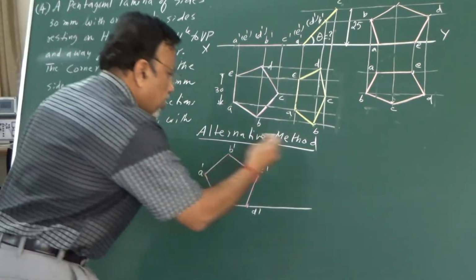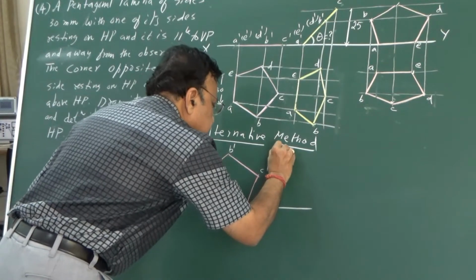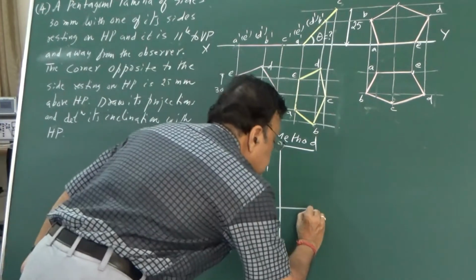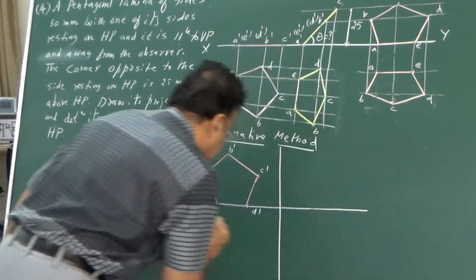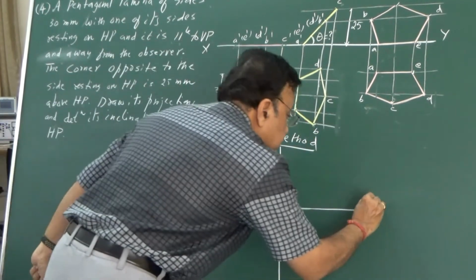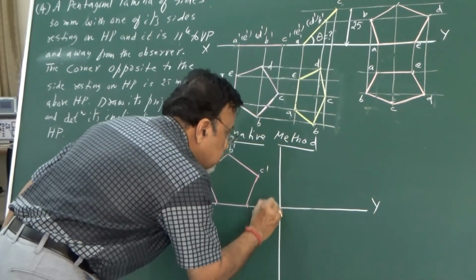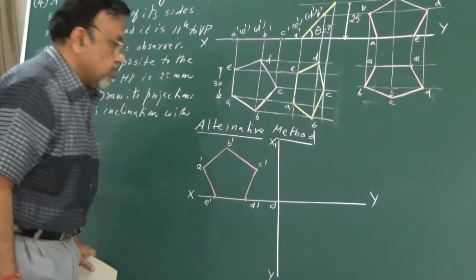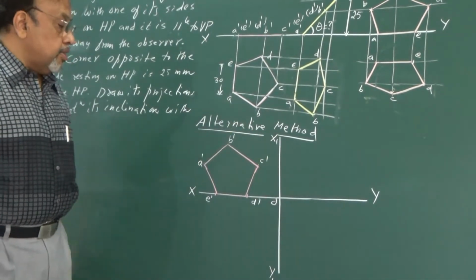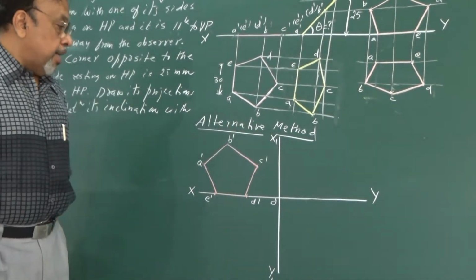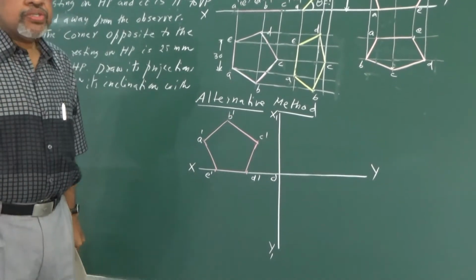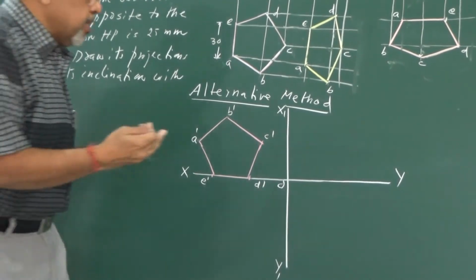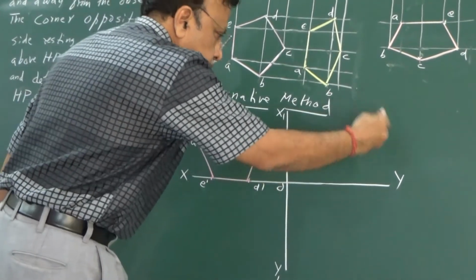So if I want to draw this side view, what you generally do is draw the x1 y1 line. Let us say this is my x1 y1 line, and this is the xy line. I write xy, this is O, x1 and y1. Now how will it be seen in the side view? It is seen as a line. So where do you draw that line? I can draw it anywhere, here, here, here, anywhere.